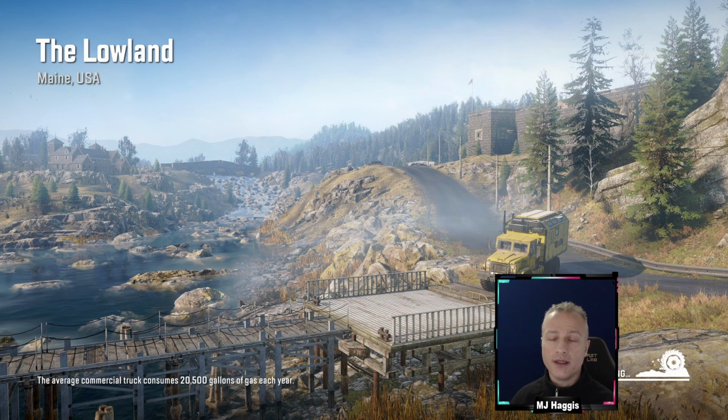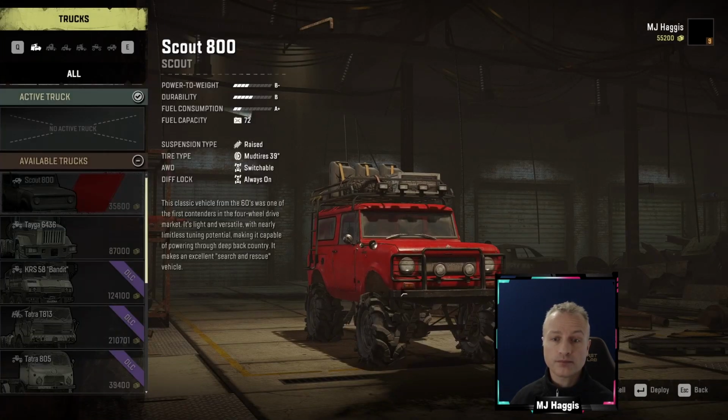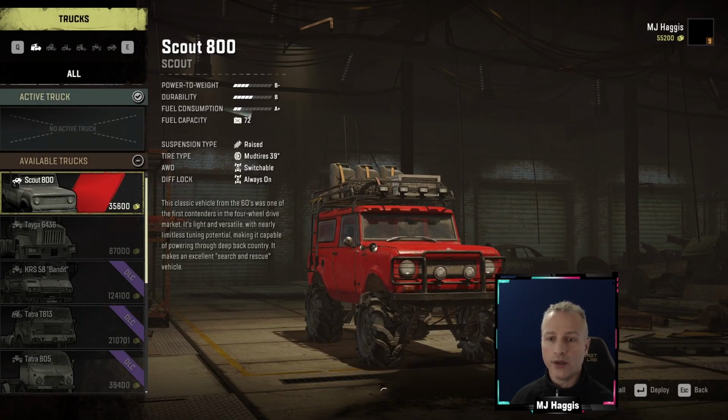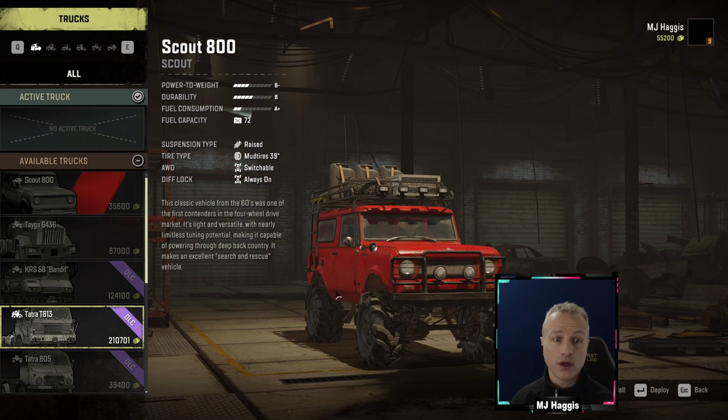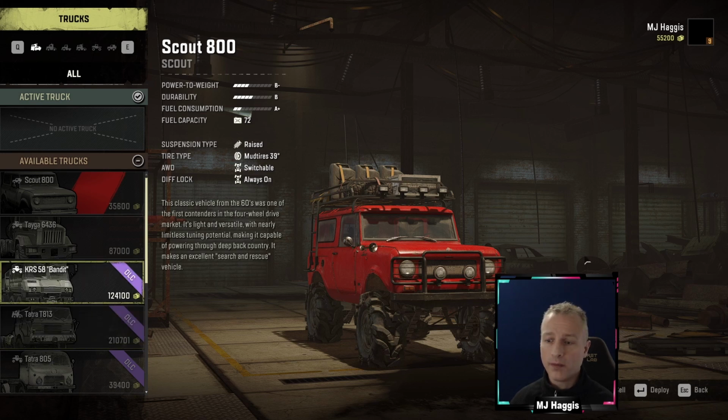Not probably the way the devs intended it to be. So there I am, fully ready to go again, including the roof rack. So that's one way, and you can do that with obviously any of the vehicles. So that's another tip if you need it. But if we go back into the map,